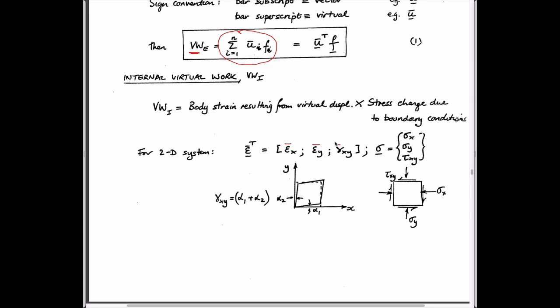The boundary goes through a displacement. If the boundary displaces and compresses the sample, there are strains that are developed in the sample. These strains would be normal strains in the x direction, in the y direction, and in the shear direction. Shear strains are just the distortion of this body. You can think of a shear strain as taking a block that sits on a table, and you shear it with the boundary here, and it ends up looking like this, like shearing a pack of